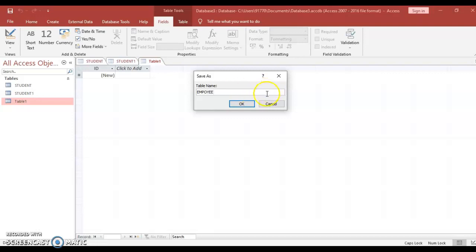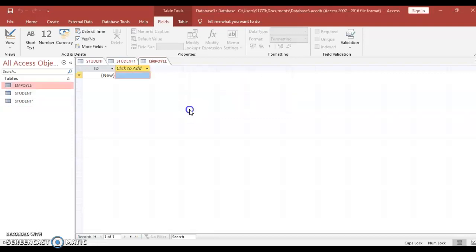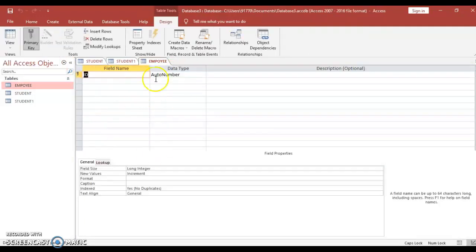Suppose here employee is my table name. Okay, so here I am going to click on design view. So this is my employee table design view. Here I am going to create the column name and data type.